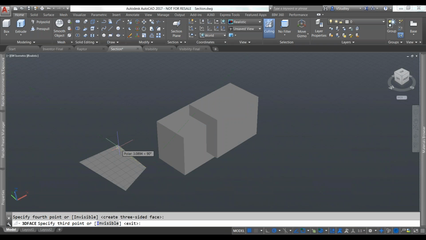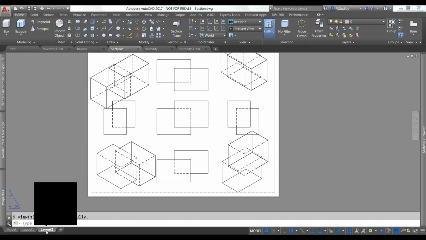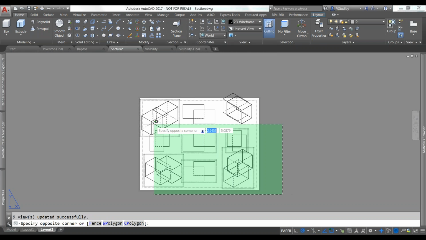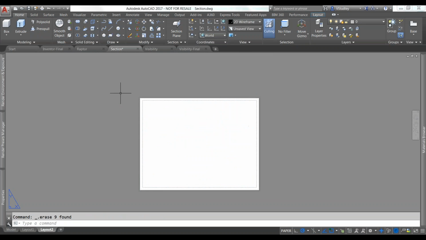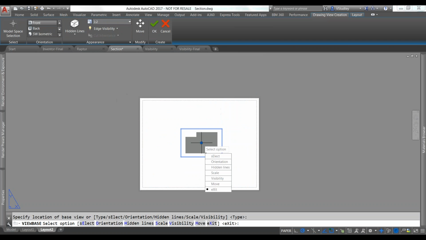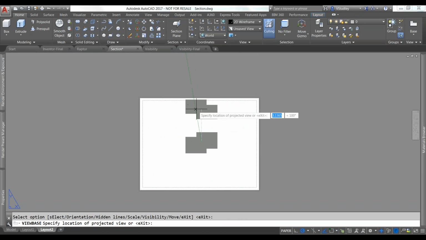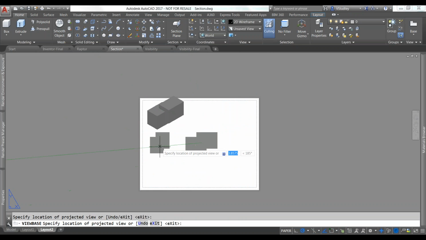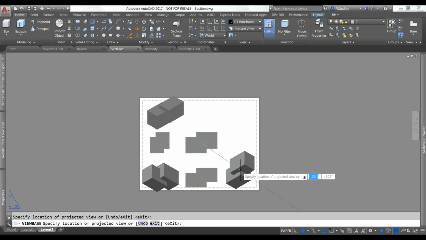Okay. There we go. And we'll try this again. VIEWBASE. Model space. So it looks like it does not work on the 3D faces, but it does work on